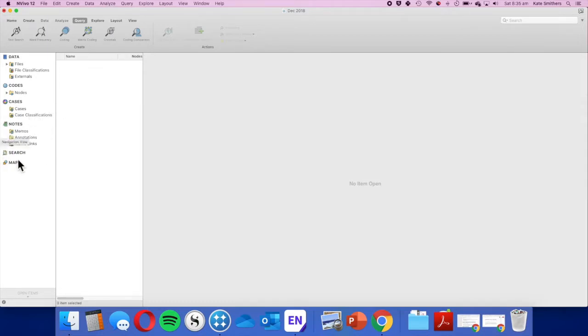So on the Windows, again, this is going to look slightly different. So here I have memos, annotations, and then memo links, whereas on the Windows version, you will also have framework matrices, and it will say see also links, not memo links. Then the search